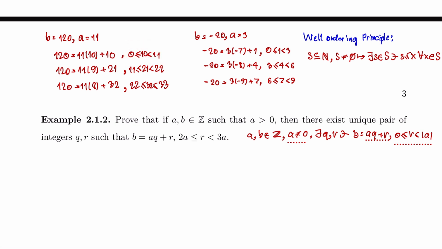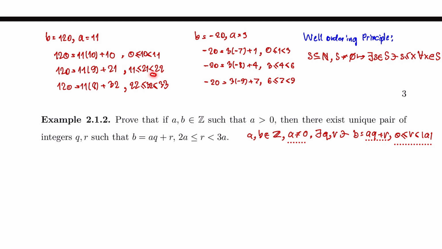And if you use 11 times 9, which is 99, in order to have 120, you need to add 21, where 21 is greater than 11 and less than 22. So it has become greater than the divisor,